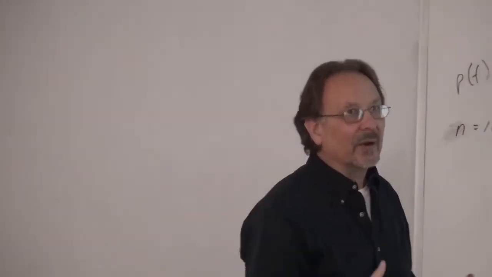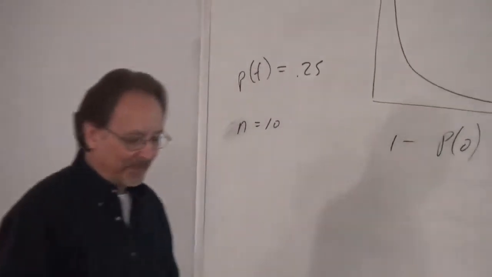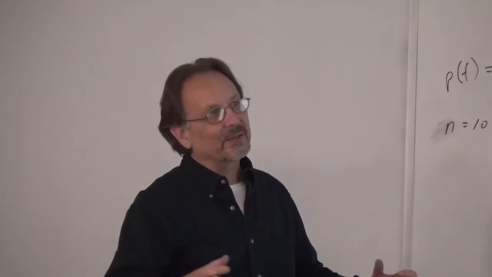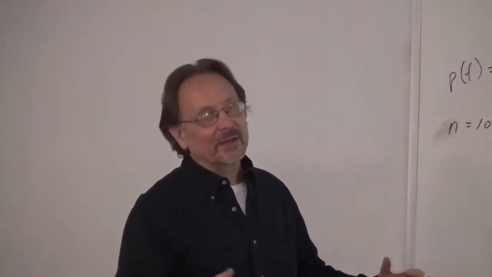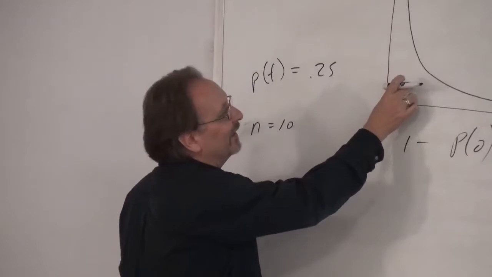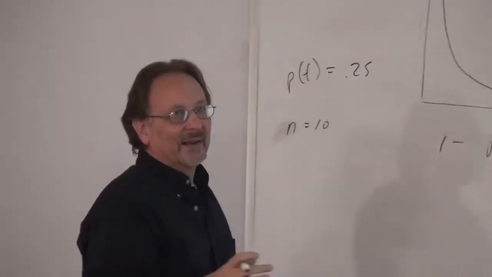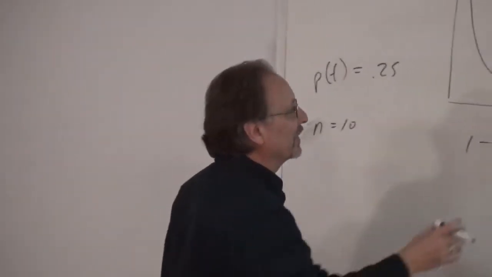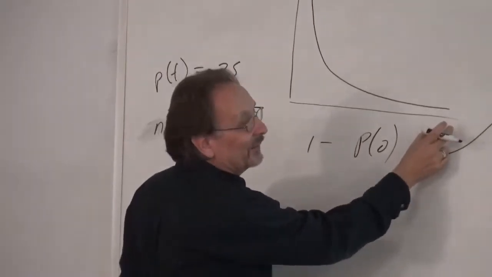Inter-arrival times are less obvious, but if you go to a line and watch a line at a bank or at a restaurant, anywhere where you have lines, what happens? It grows and it shrinks. So when it's growing, the times between arrivals are very short. That's why you have this cluster down here. And as it shrinks, the times between arrivals get very long. But there's not many of them. Okay?